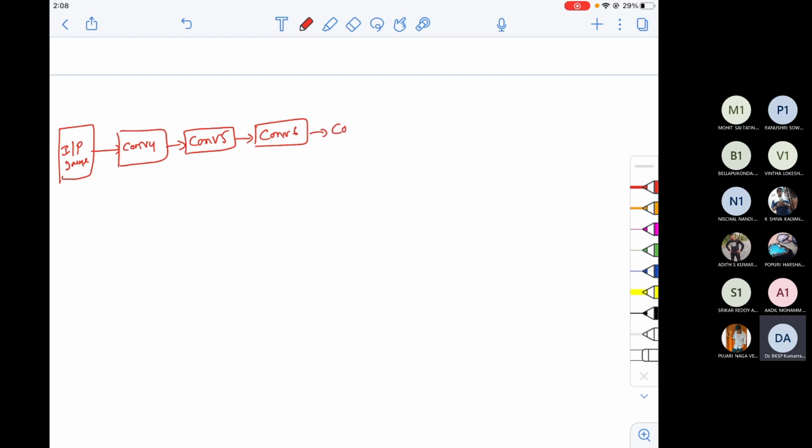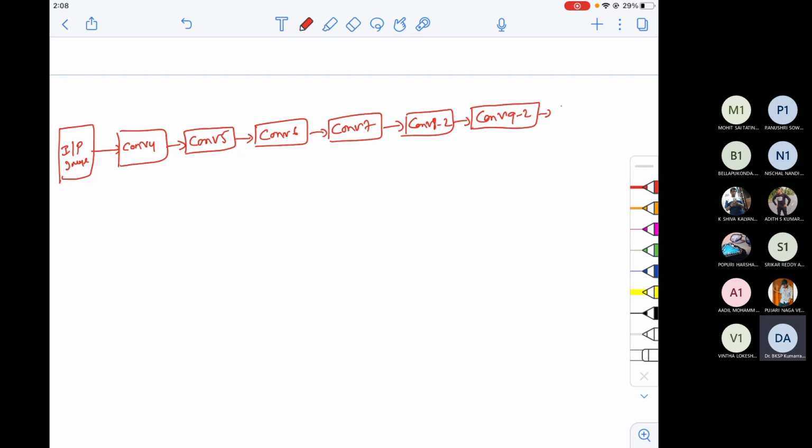This is sent to con7. This is sent to con8_2. I'll explain now. Let me just draw the structure first. Then con9_2, con10_2, con11_2.